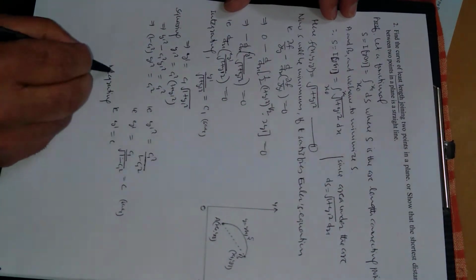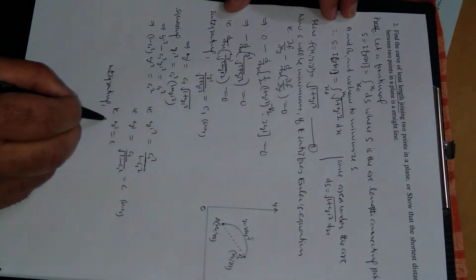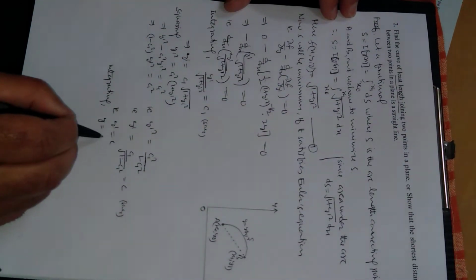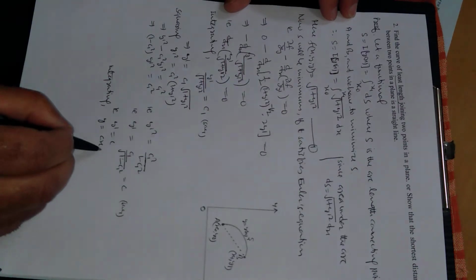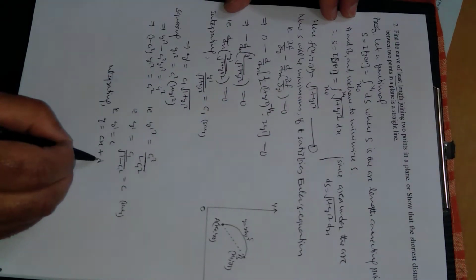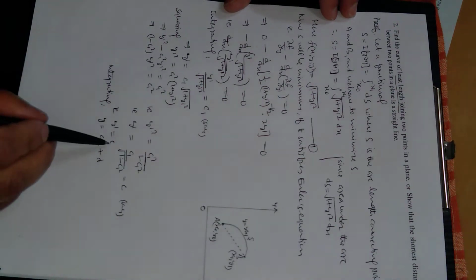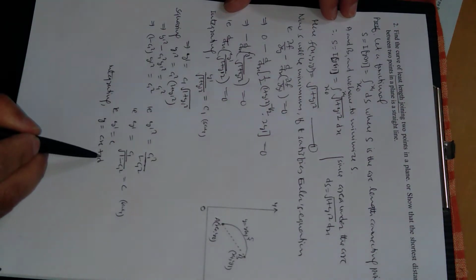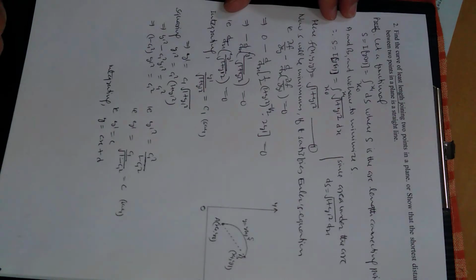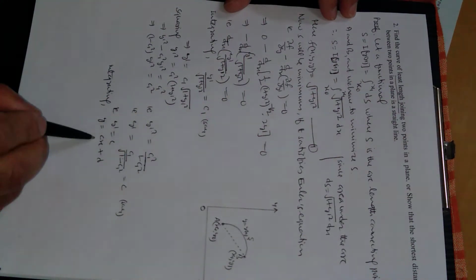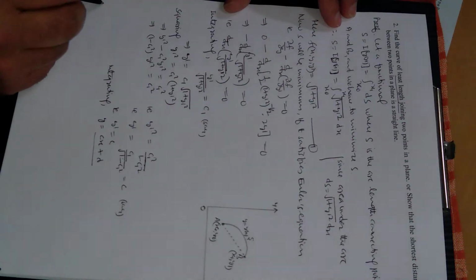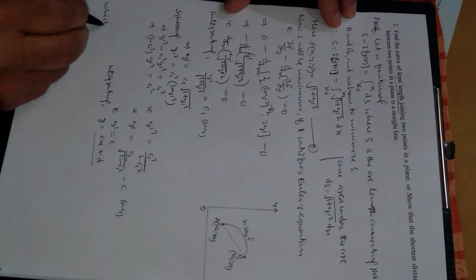Integrating with respect to x, integration and derivative cancel. C is constant, its integration will be x plus another constant of integration, where d is the constant of integration, right? Because c is constant, इसका integration x हो जाएगी and another constant of integration. So y is equal to cx plus d,